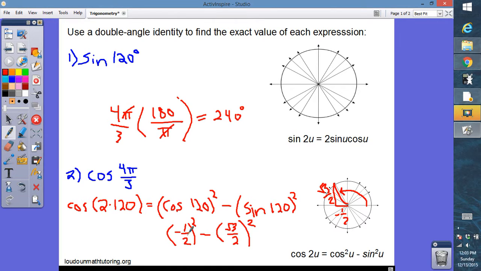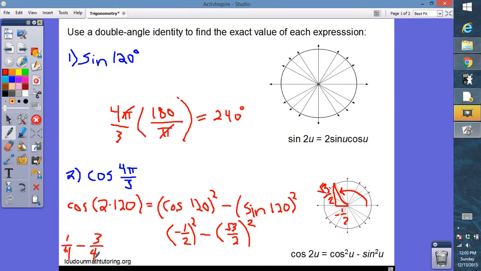All right, so negative 1/2 times negative 1/2 is a positive 1/4. All right, and we're going to subtract square root of 3 over 2 squared. Remember when you square a fraction, you have to do both the numerator and the denominator. Square root of 3 times the square root of 3 ends up just being 3. And then 2 times 2 is 4. So we get